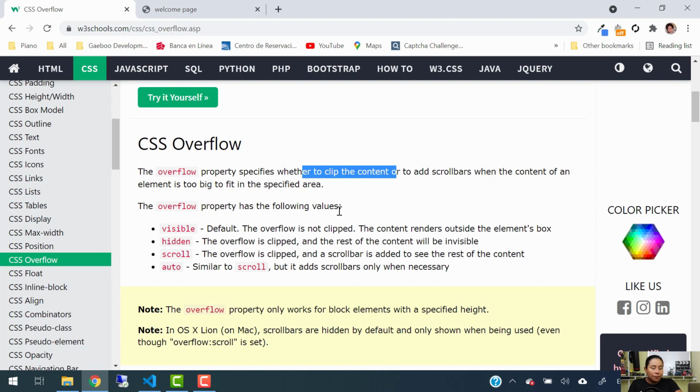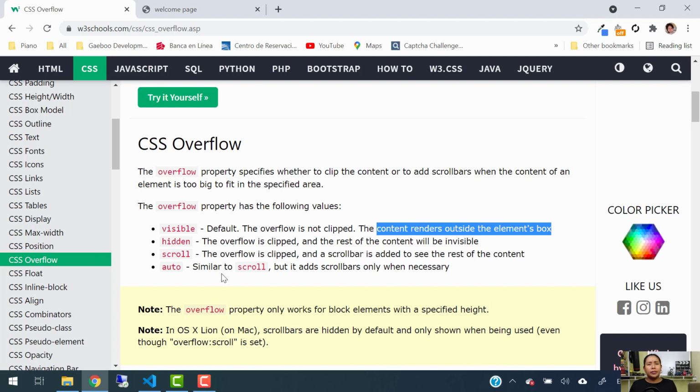Now here we have some values for the overflow property. We are going to take a look at the 4 values for the CSS overflow property. The first one is visible. This is the default and the overflow is not clipped. The content renders outside of the element's box. Then the second one is hidden, the third one is scroll, and the last one is auto. We're going to take a look at each one of them with examples so that you can have a better